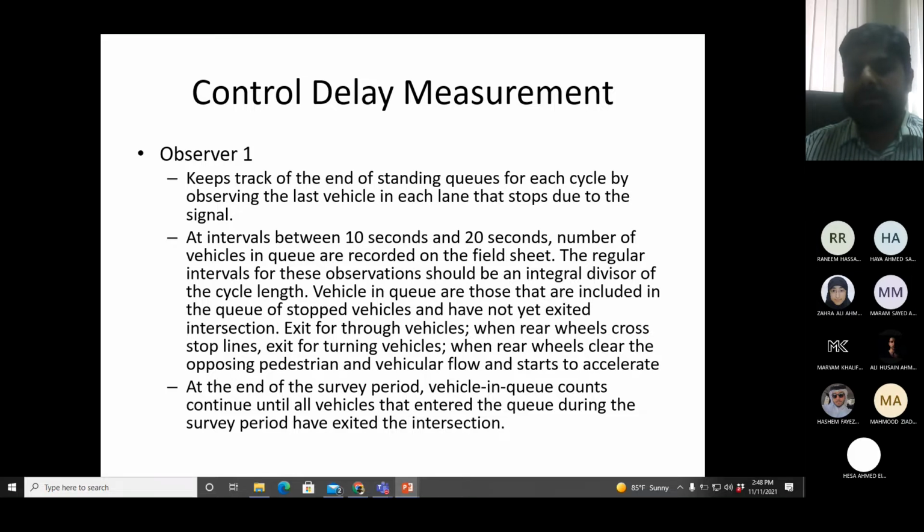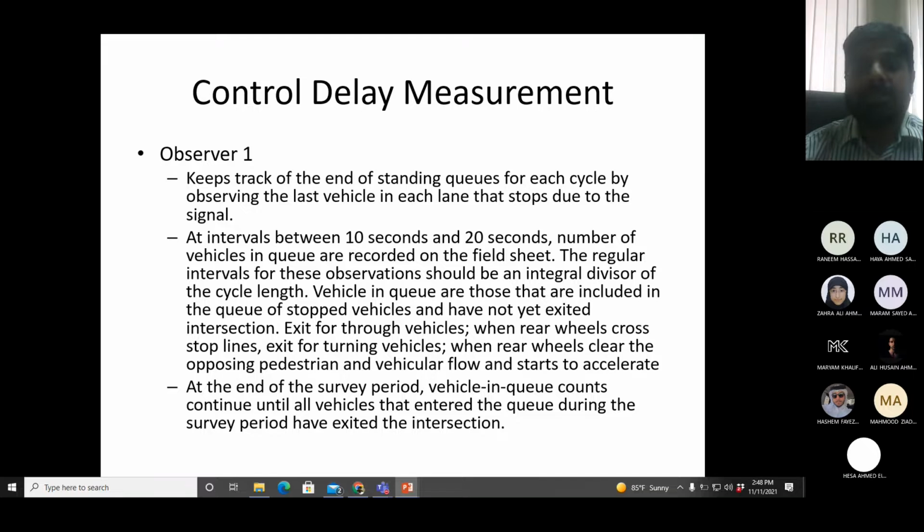In some countries, the indications include red, green, and yellow. That's it. In our case, we have two yellows, right? So in our case, a signal cycle will be red, yellow, green, and then yellow. From the start of one red to the end of the second yellow, this is one cycle for us. In other countries, it will be from the start of one red to the end of the only yellow they have. So this is one cycle when the signal completes all its indications.